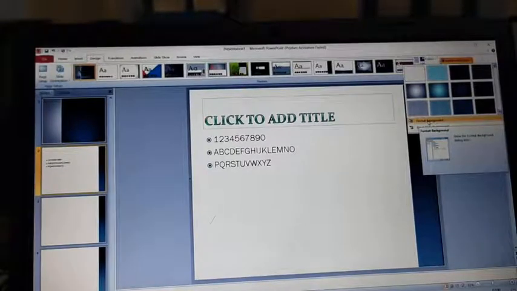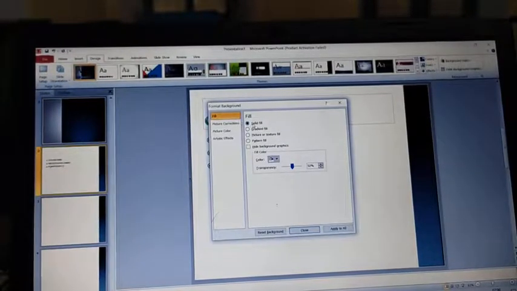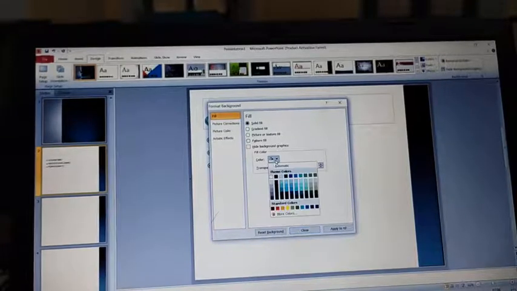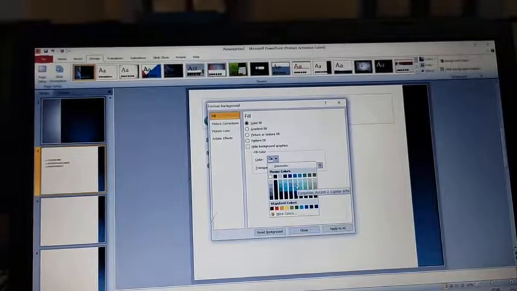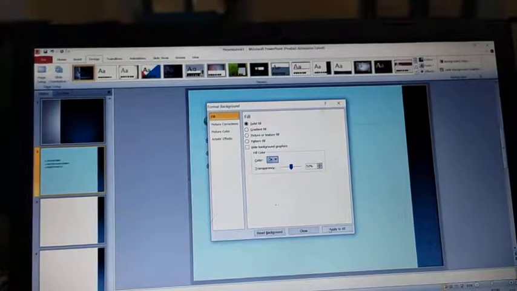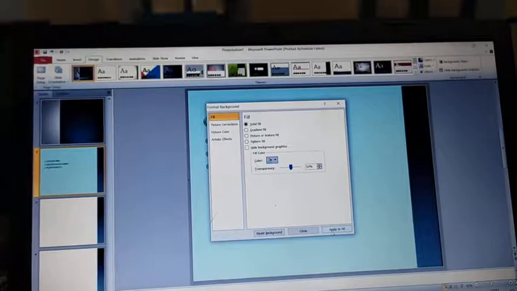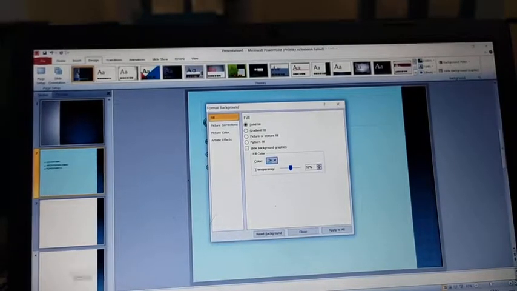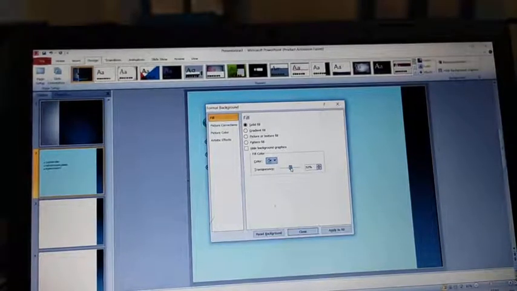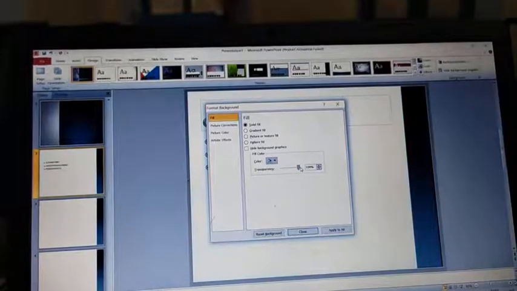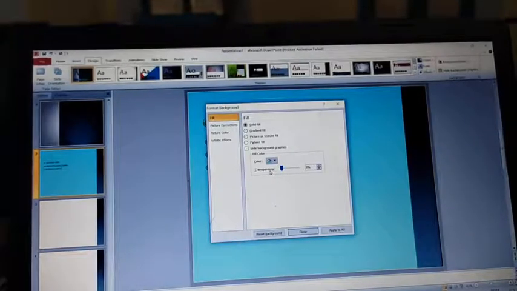Format background you will select and then select the solid color and select whatever color you want from here. Like I want this, so I'm just going to give apply to all. Apply to all will apply to all the slides, and if I give close, it will close. Now this transparency means it will become lighter, and to the end it will become white color. And lesser transparency means the actual color that we have selected will be displayed. Now I'm just going to use it only for this particular slide and I'm going to give close.